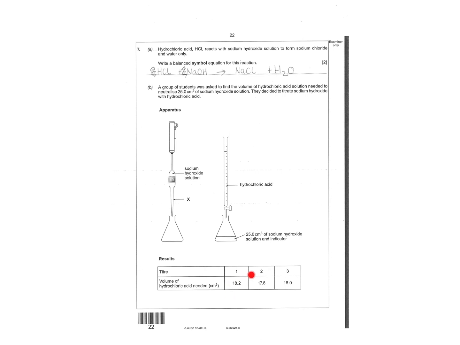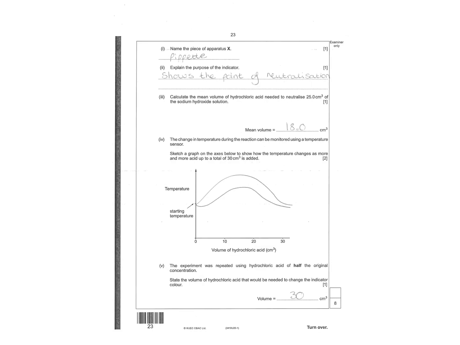Down the bottom here, some volumes of hydrochloric acid that you need to calculate the mean of because you're going to use it on the next page. So state the apparatus X, that's a pipette. Indicator shows the point of neutralization. Then it asks you to calculate the mean, which I just discussed on the previous page. The experiment was repeated using